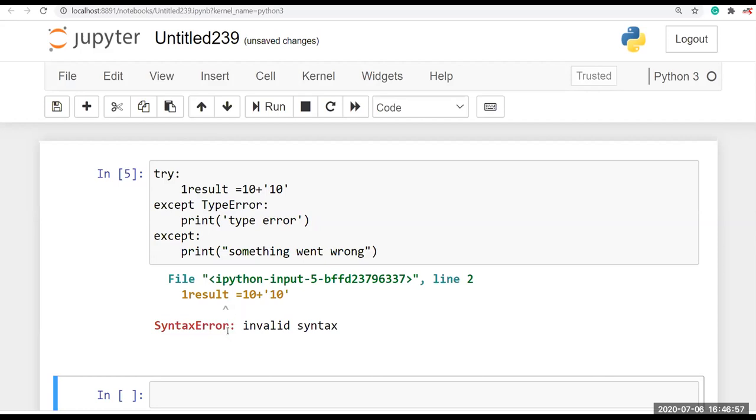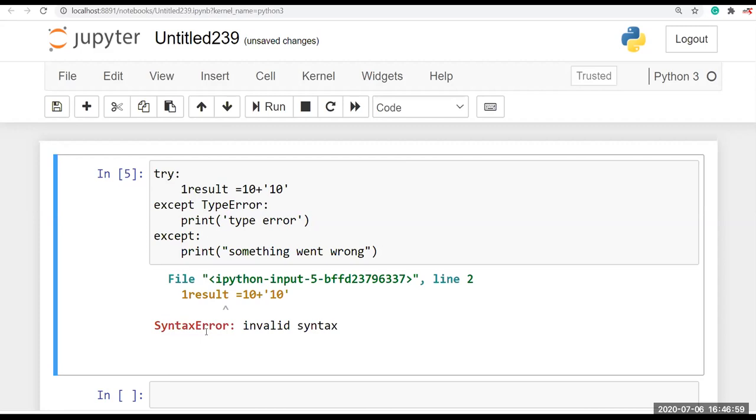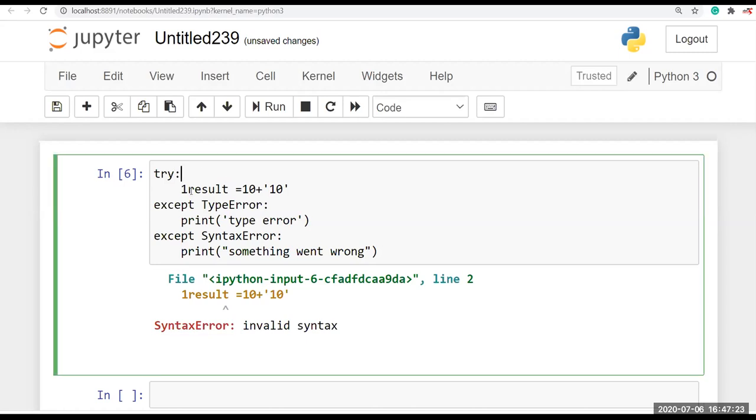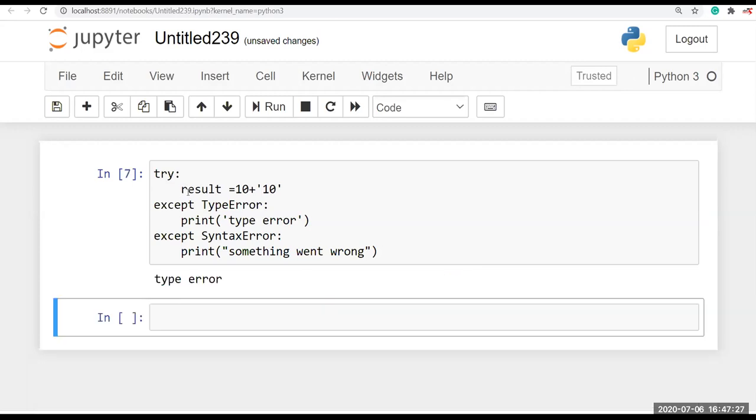So you can also use the SyntaxError in your exception block. Okay, so now we run this, we won't get anything.